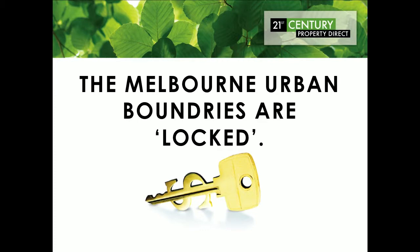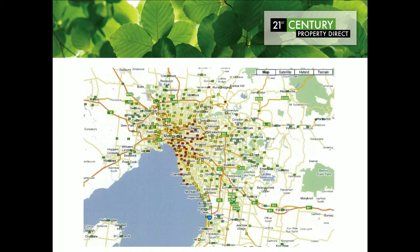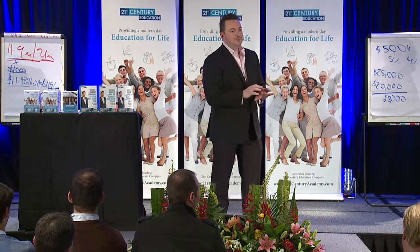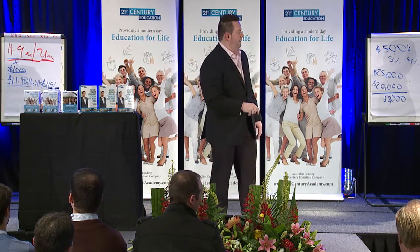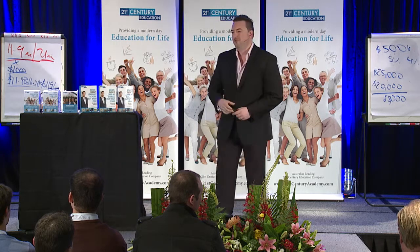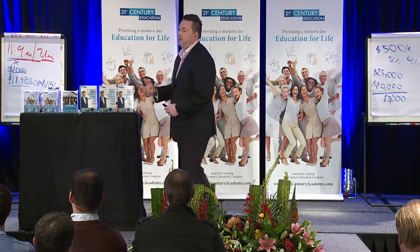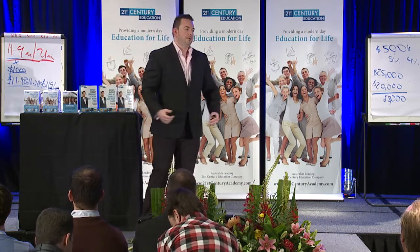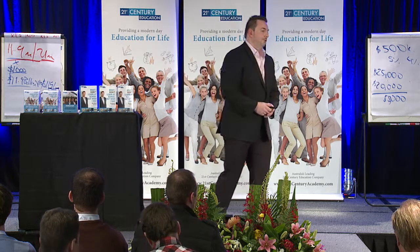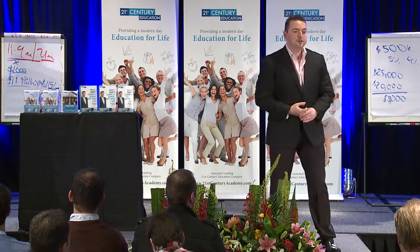The other interesting thing is, for the first time, Melbourne's urban boundaries have been locked permanently by the government. If you look at Melbourne historically, and Melbourne is the most livable city in the world, third year in a row, it's amazing to live anywhere in Melbourne. Melbourne has been expanding indefinitely, and the farmlands on the fringes have been purchased by 4 major land banking developers, Peet Limited being the biggest land banker in Victoria, waiting for the fringes of Melbourne to catch up. But what that creates is slums, because